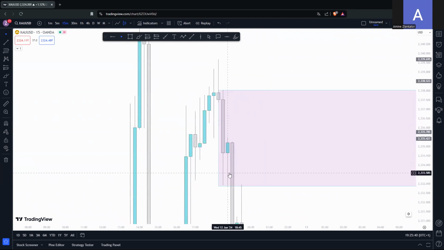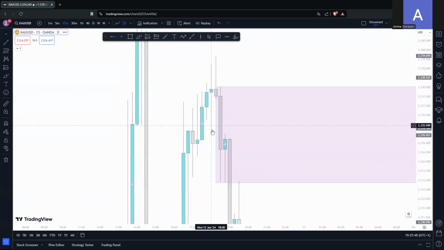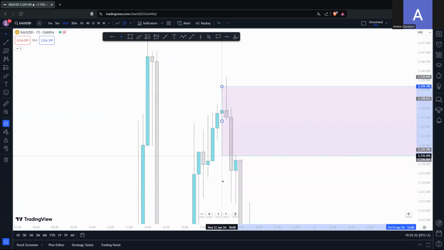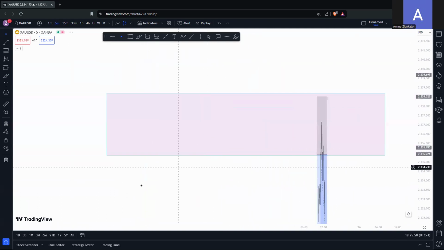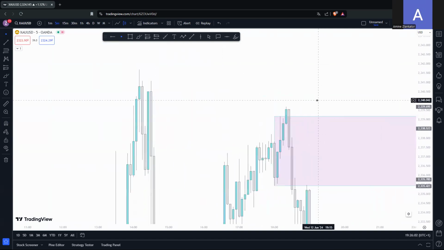So what I did when I marked that zone, I started basically from the first move. Okay. When you don't have an ISL on the second move, you go to your first move, even if it is unfresh. As you can see here, this is where we're going to start from, the bullish candle, the low that took the previous low. So you're going to refine that down to the M5, right? Now, as you can see,